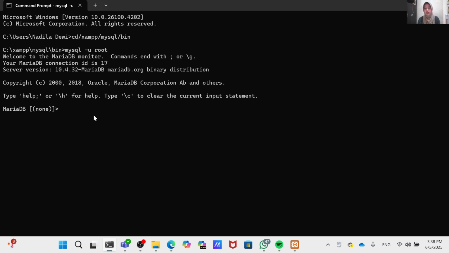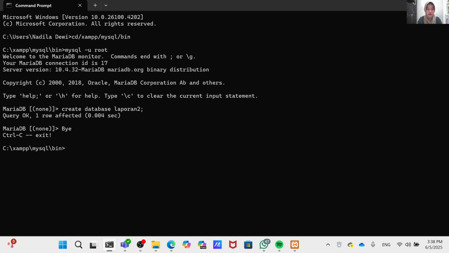To import the Inventaris Campus database, first I will create a new database. And then click set. And I will import the SQL file Inventaris Campus into my database.